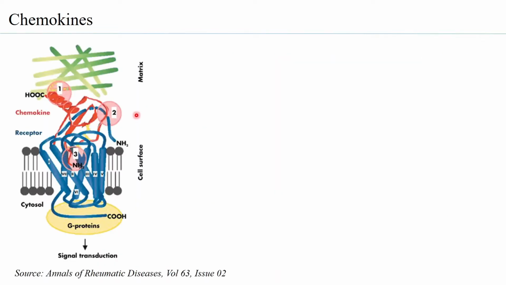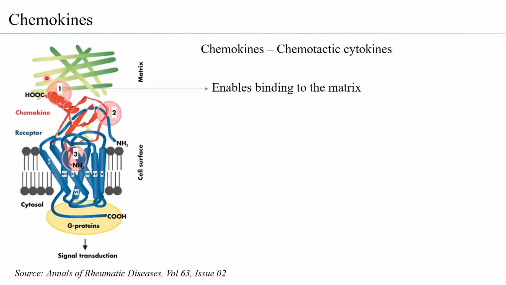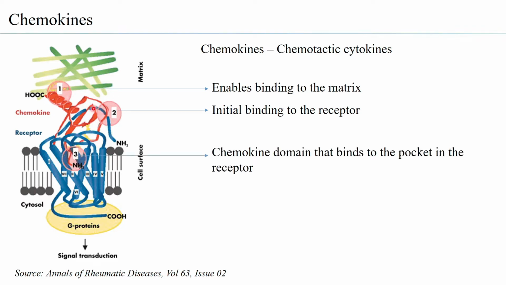So, chemokines are most known for the fact that they function through chemokine receptors, which are G protein coupled receptors. As you can see here, a chemokine, which has a typical structure with a motif of antiparallel beta sheets and an alpha helix, has three major domains. One domain interacts with the matrix, the second allows the chemokine to bind to the receptor, and the third is such that once the second domain binds to the receptor, there is a conformational change within the receptor to allow the third domain to sit within the pocket